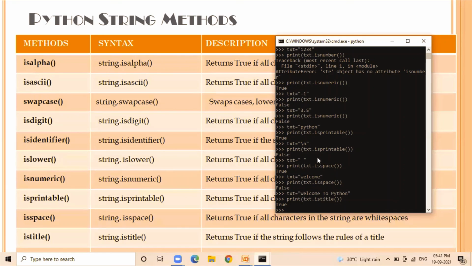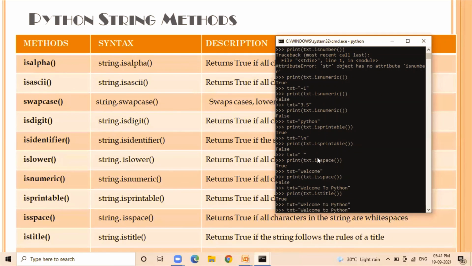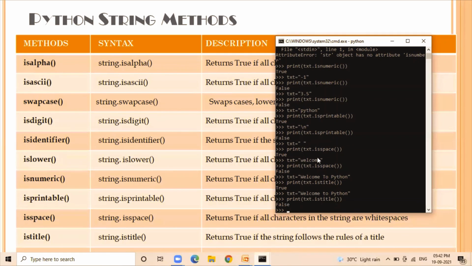Now you can see the istitle function giving a true result because each word of the string has a capital first letter, hence it is giving true. In case the first letter of a word is not a capital letter, then your istitle function gives you false as an answer.